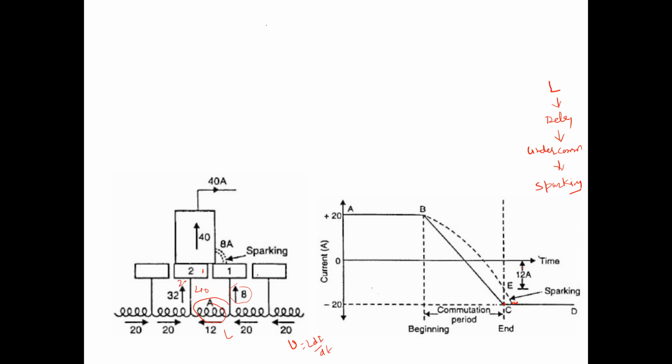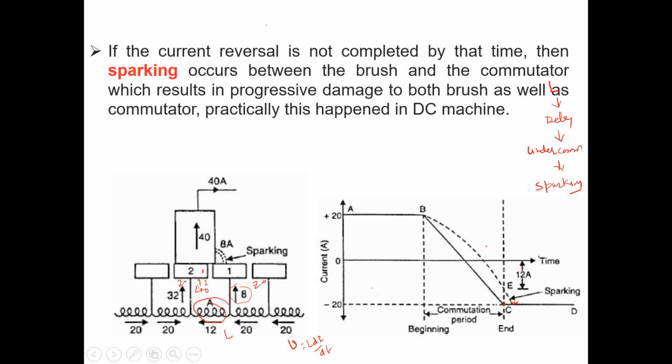In this case 12 ampere is shifted from this side. Otherwise in the ideal case 20 is here, 20 is here, but at that position the brush is shifted completely to commutator segment 2, but current is again flowing through this segment, 8 ampere. Only 12 ampere is shifted to here, then 20 plus 12, 32, is passing through here, and this type of commutation is called under commutation.